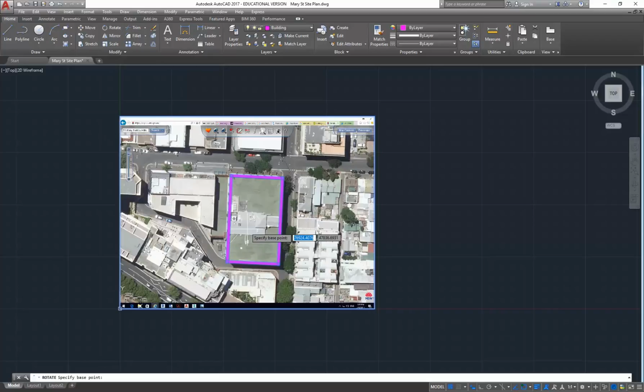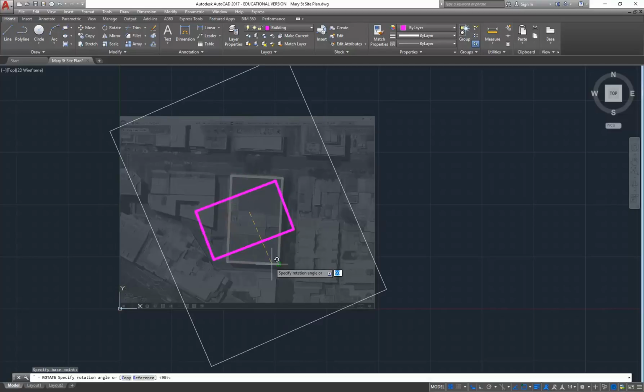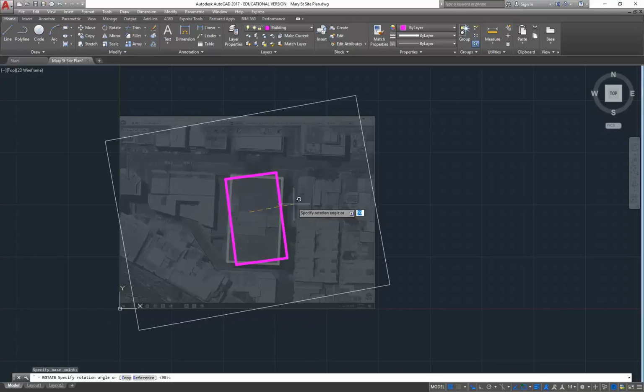It's going to then ask me for a base point. The base point could be almost anywhere. It doesn't really matter what we rotate around, but maybe somewhere near the centre of your image will work well, just so that you can see what's happening. I'm going to click to give that point, and then